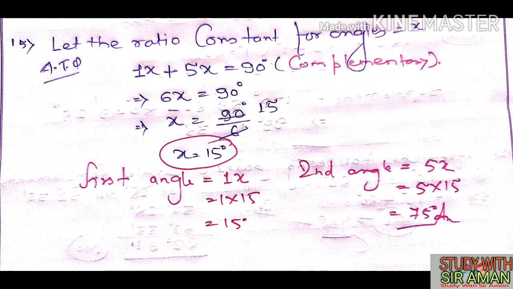Why is there 90 here? Because it is a complementary angle. Add it, x is equal to 15 degree. First angle 1x, 1 into 15, 15. Second angle was 5x, means 5 into 15, 75 degree. And if you want to check whether your answer is right or wrong, add both angles. If it is 90 degree, then your answer is correct. Okay,